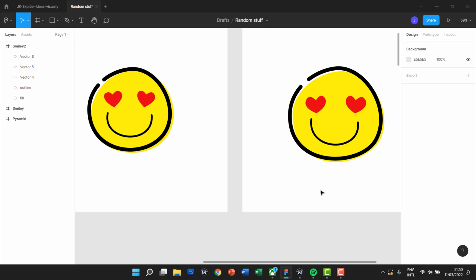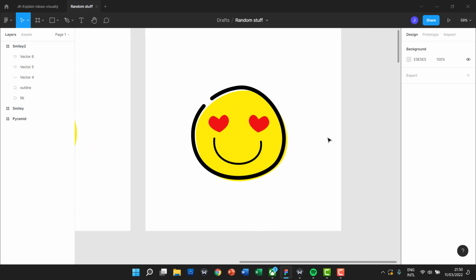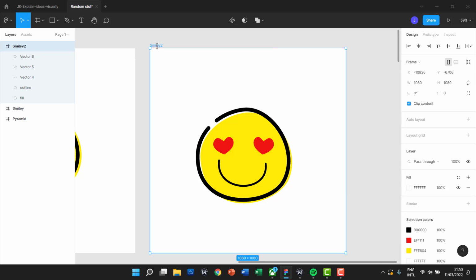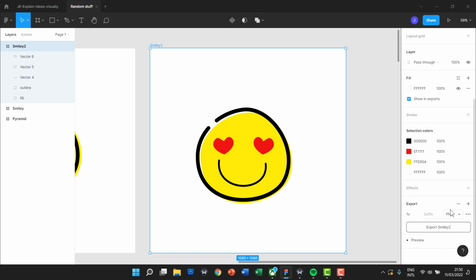Really cool. So that's it. This is how you create one of the smiley faces. Go out and try this. Try this emoji, try another emoji. Select a canvas and export as a PNG, or you've got multiple options here. I always use PNG, and export the thing and share it